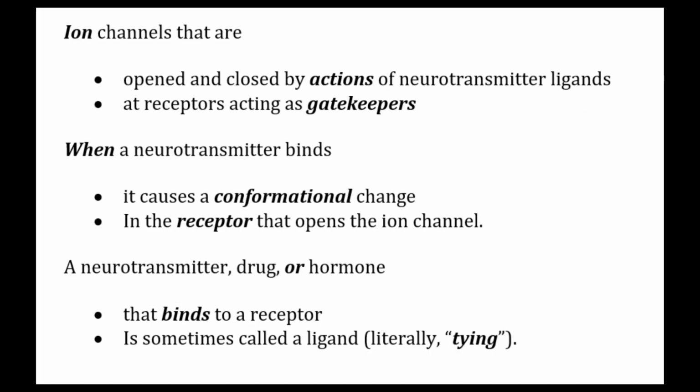Ion channels are opened and closed by actions of neurotransmitter ligands at receptors acting as gatekeepers. When a neurotransmitter binds, it causes a conformational change in the receptor that opens the ion channel. Thus, a neurotransmitter, drug, or hormone that binds to a receptor is sometimes also called a ligand, which literally means